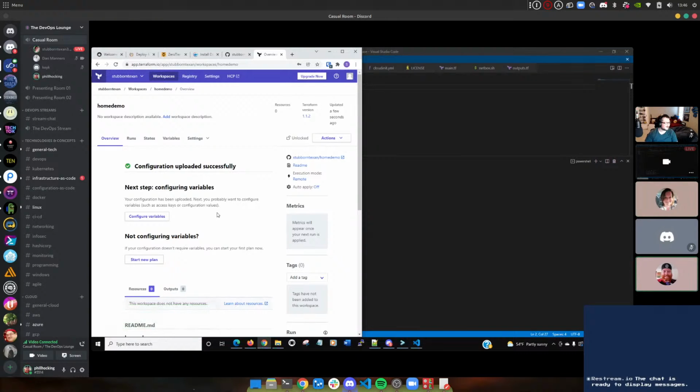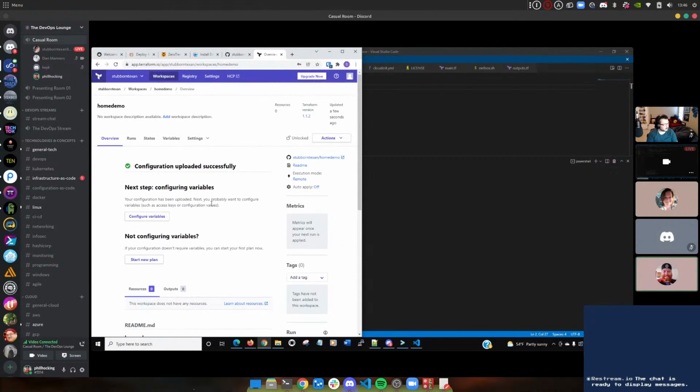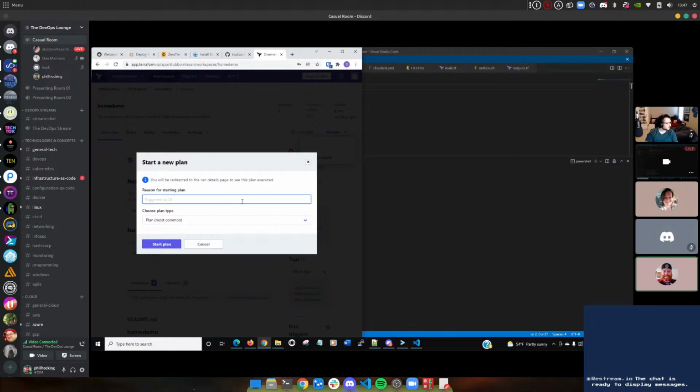And then for actions up there on the right, click on that. And then type start new plan. It's going to error out, but it's important to know why. Okay. And then was it